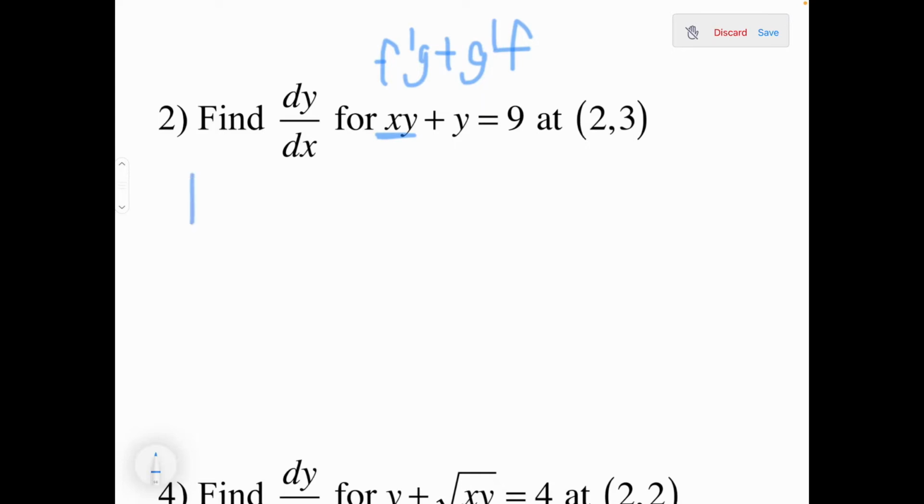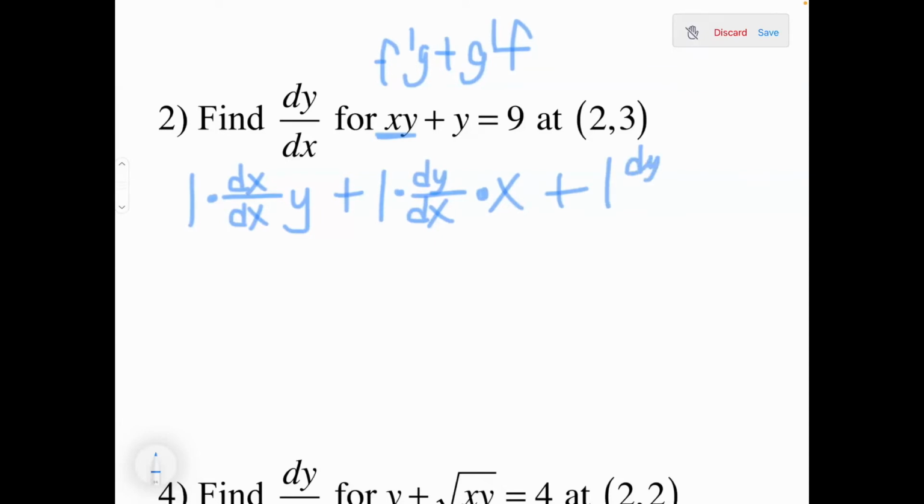Derivative of x is 1, and since we took the derivative of x, that's dx/dx times g, which would be our y value, plus g prime, the derivative of y, would be 1 dy/dx times the f, which would be x, plus y, the derivative of y, would be 1 dy/dx